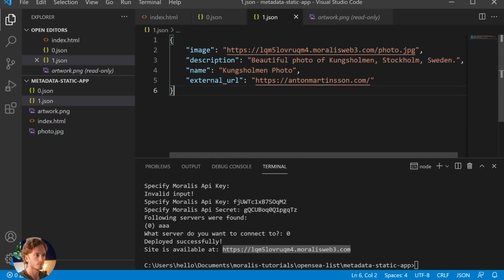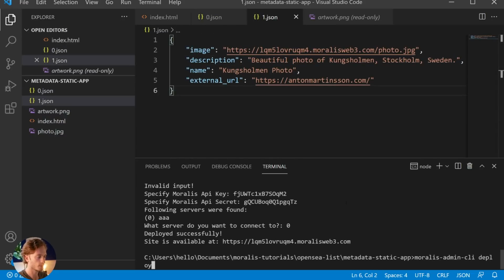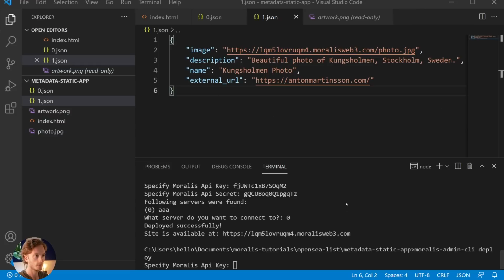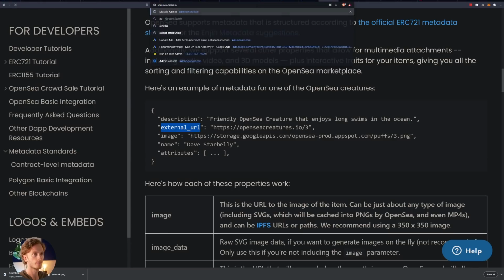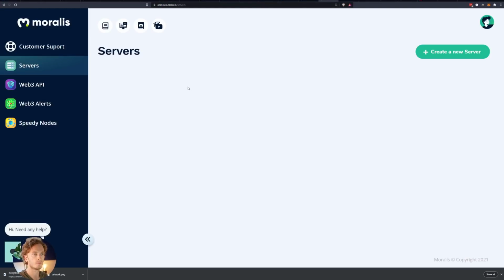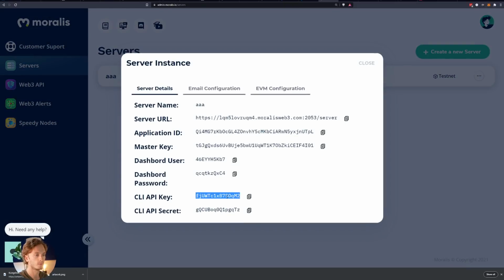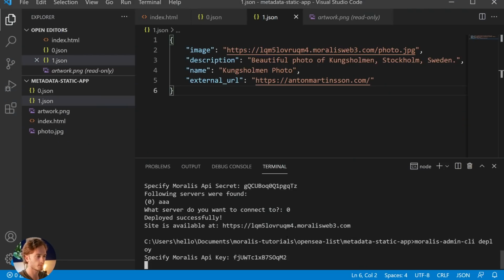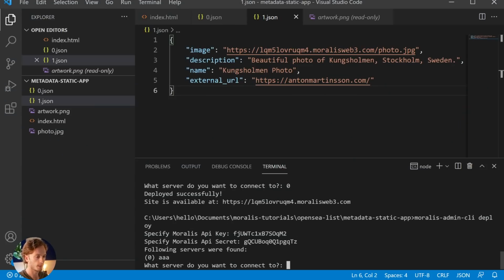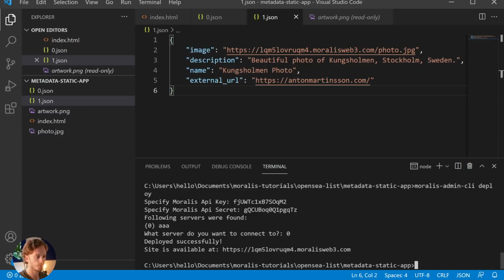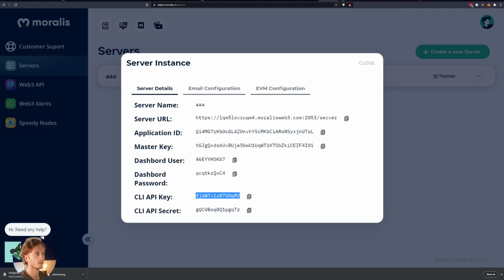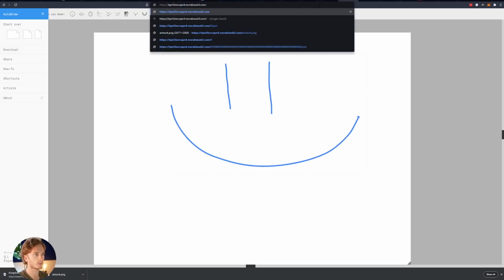So now, if I deploy this again, so I do the same thing again. Let's see, yes, I can do that again. I need to enter the keys again. I guess there is some sort of command to make this easier. We're not going to do that many times. What server do you want to connect to? 0. Okay, so now I can take this URL again and I can go /0,